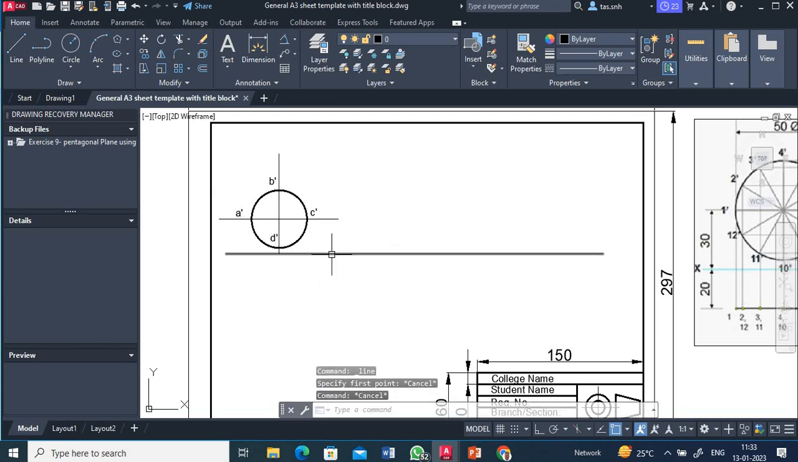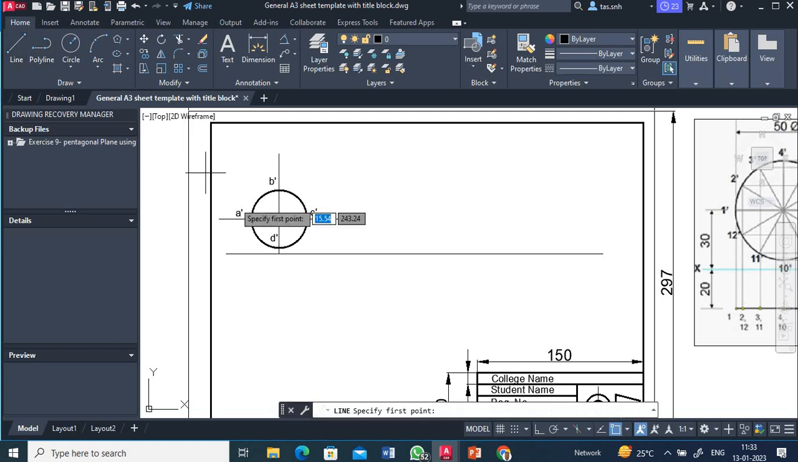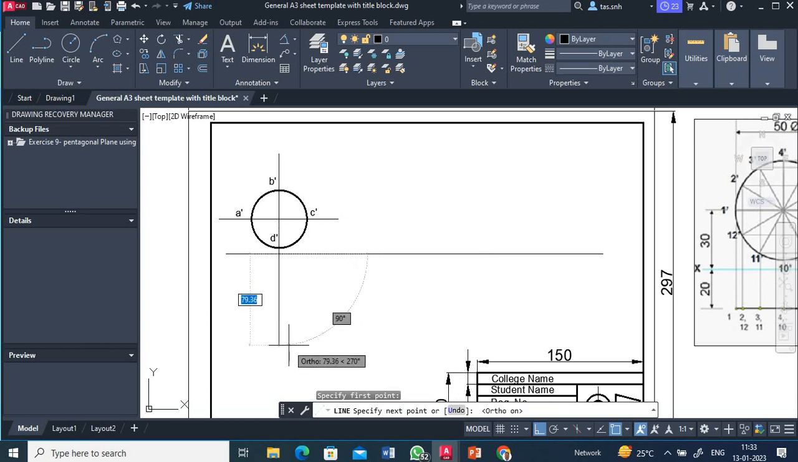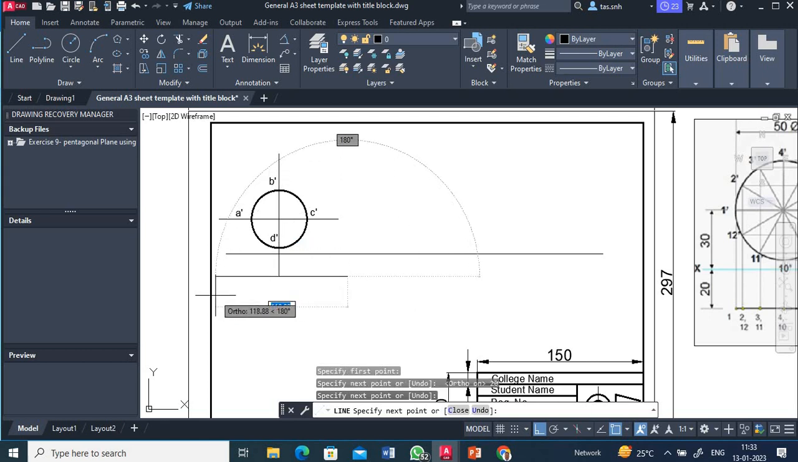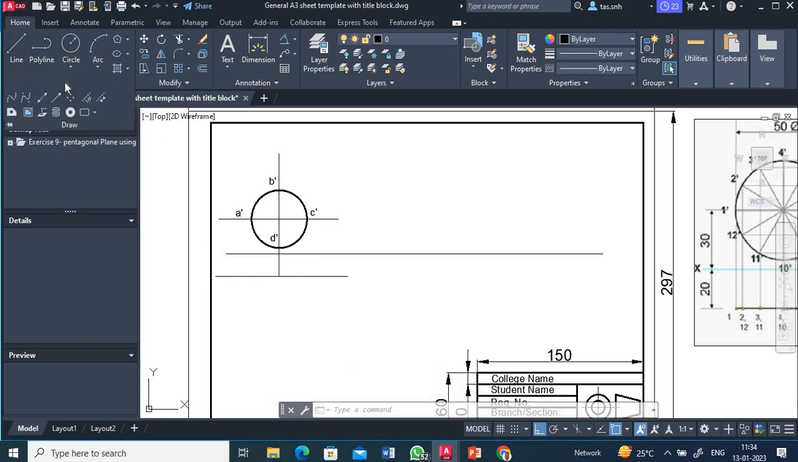I can offset this XY line also, or I can draw a line. So from here I am drawing a line for 20 centimeter. 20 centimeters. And then another line simply like this, so that I got a line at 20 centimeter distance from XY. Now using ray command,